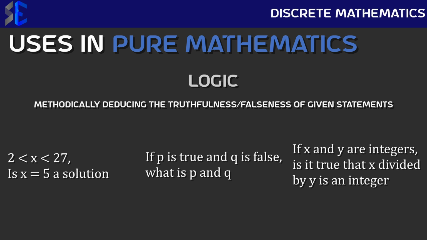The example on the left is a logical statement, which can be thought of as a true or false mathematical statement. In this case it is true, because x, which is equal to 5, is greater than 2 but less than 27. The middle statement is a more in-depth example of propositional logic, which uses a concept called Boolean algebra, which we will get more in depth into soon. The right is an example of propositional logic that ties into number theory, in which you study how integers, prime numbers, and different types of numbers relate, and what happens to them if you do certain mathematical functions to them.